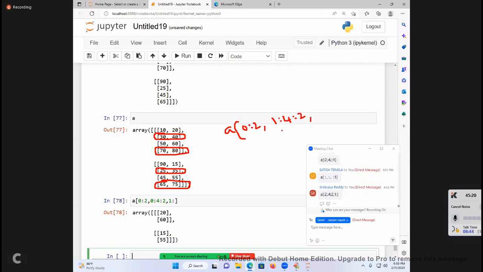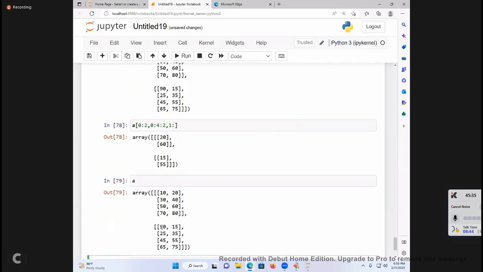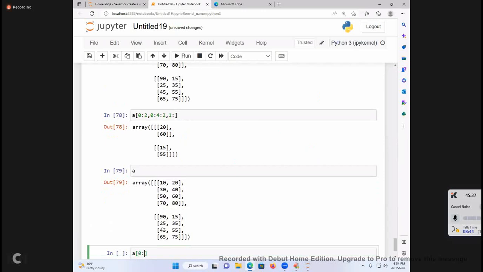Is it correct? Come on, columns. Colon. That's it. Good. Colon means what? All. Nice, students. So you write it. A of 0:2, 0:4:2.